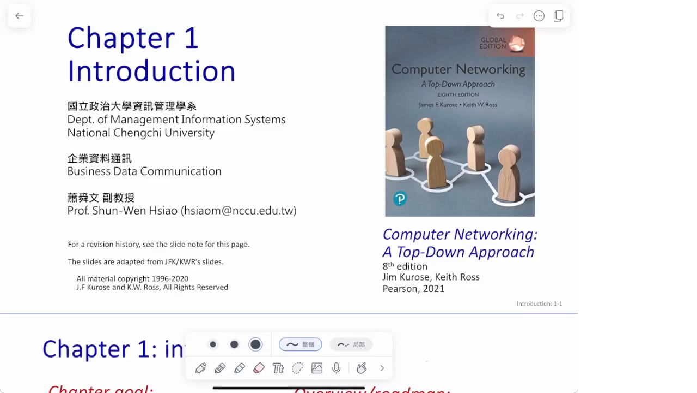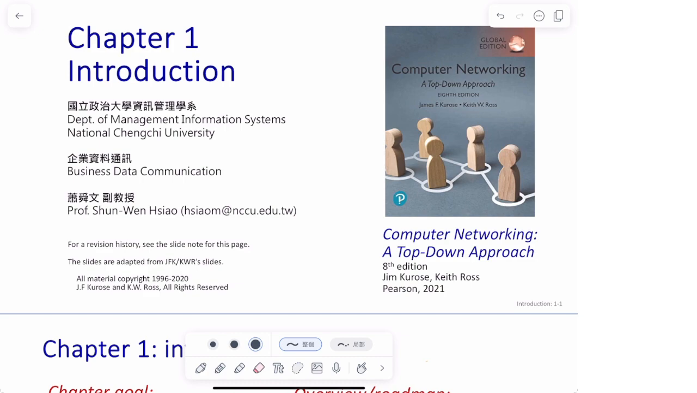Hello everyone. It is Business Data Communication course, and it is Chapter 1 Introduction. And the textbook we use is Computer Networking, a top-down approach written by Kurose and Ross. And Chapter 1 is